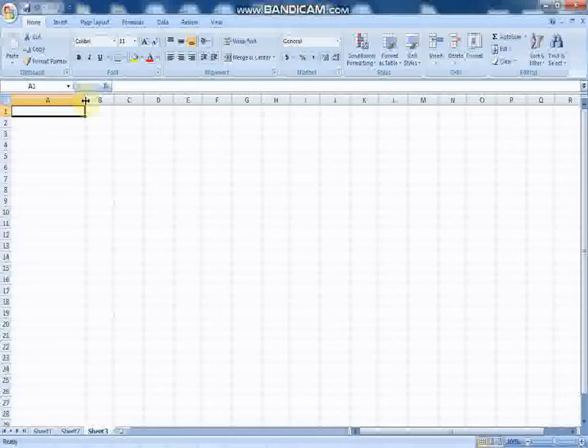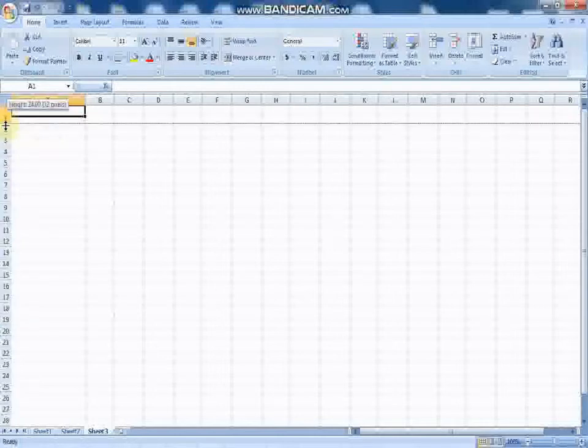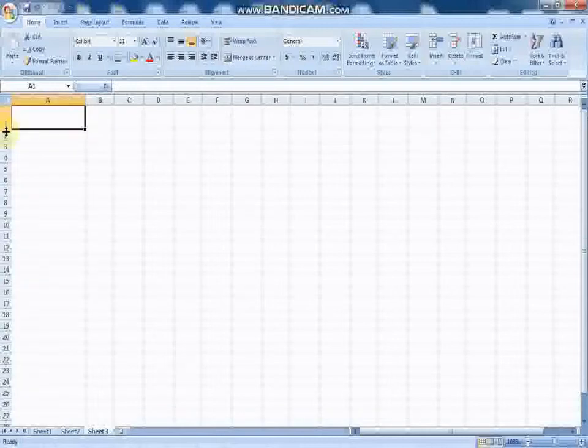The column A is increased, so you can type more. To increase a row, keep your mouse arrow here, you can see the black arrow appearing, and just click and drag. Like this you can increase any cell size.